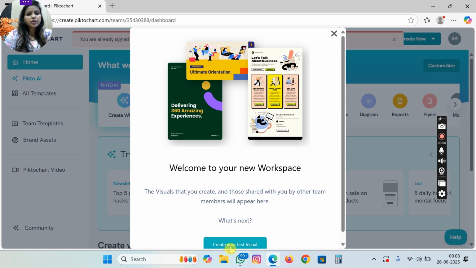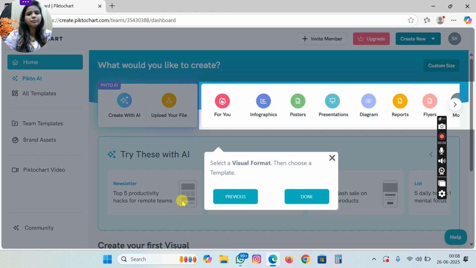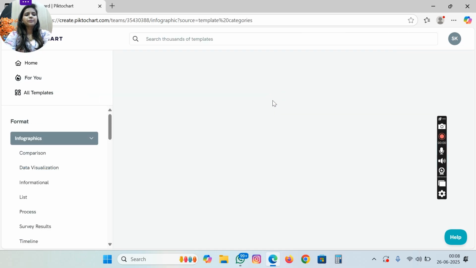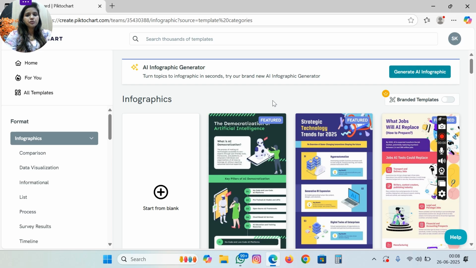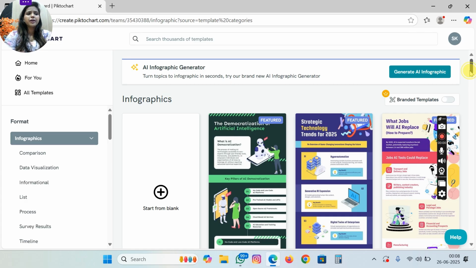After this, you can click on create your first visual. Now you can select any of the options for what you want to create. For this tutorial, let's pick an infographic. It will show you a lot of templates, dozens of customizable templates.